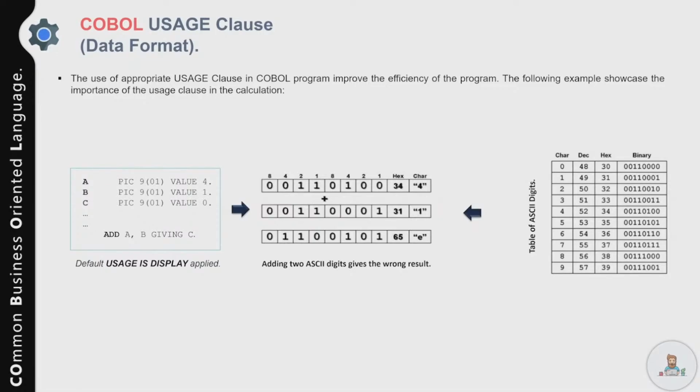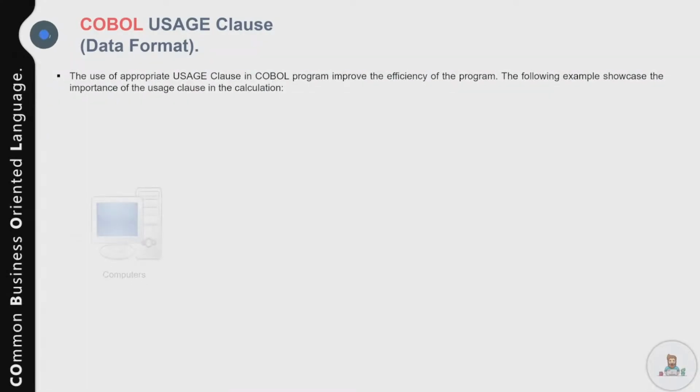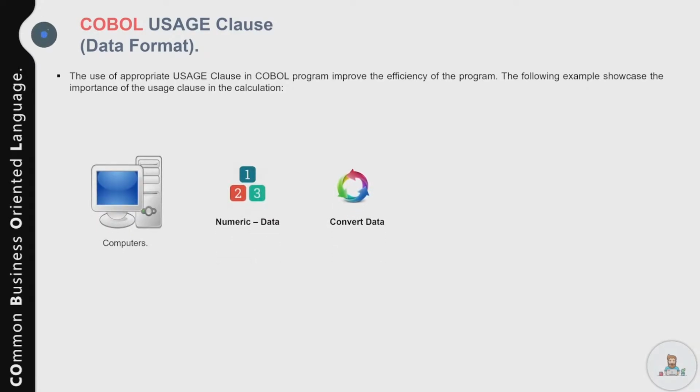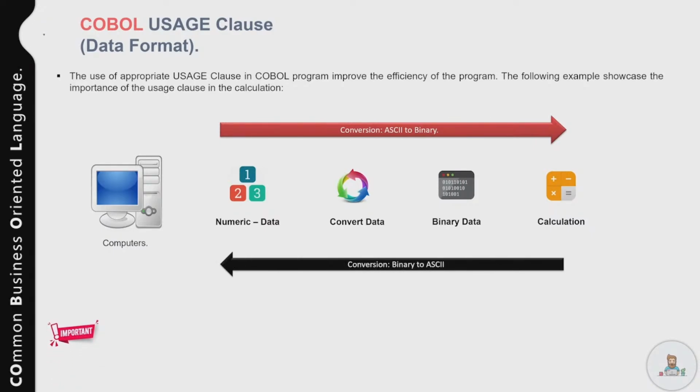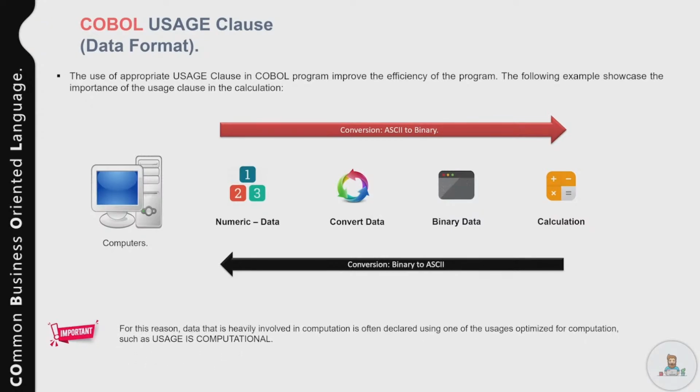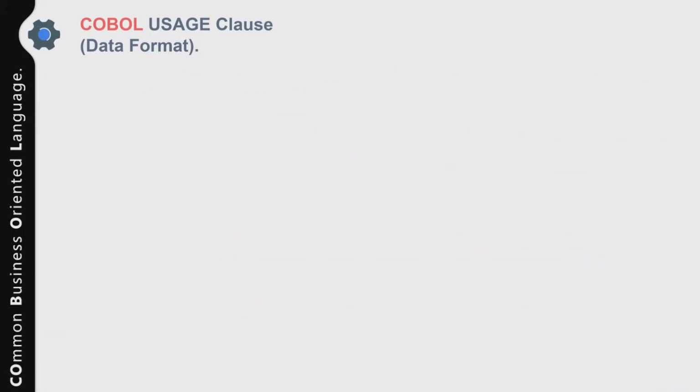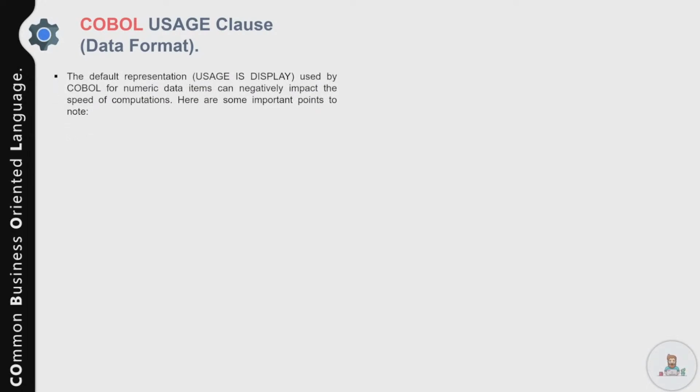So if you perform any calculation on two numbers stored as ASCII, you'll end up getting an incorrect result. Due to this, when calculations are done with numeric data items using usage is display, the computer has to convert the numeric values to their binary equivalent before the calculation can be done. When the results are computed, the computer has to reconvert them to ASCII digits. This conversion of data from ASCII to binary and from binary to ASCII slows down the computation process. Due to this, data that is heavily involved in computation is often declared as usage is computational, that is optimized for calculation. So finally, the default representation, usage is display, used by COBOL for numeric data items can negatively impact the